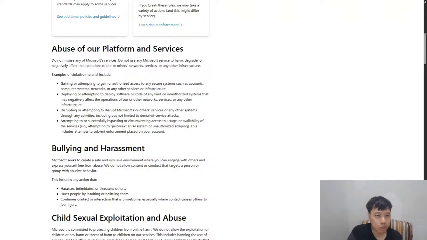Deploying or attempting to deploy software or code of any kind on unauthorized systems that may negatively affect the operations of our or other networks, services, or any other infrastructure. Okay, gaining or attempting to gain unauthorized access is like hacking. Deploying or attempting to deploy software or code of any kind on unauthorized systems,